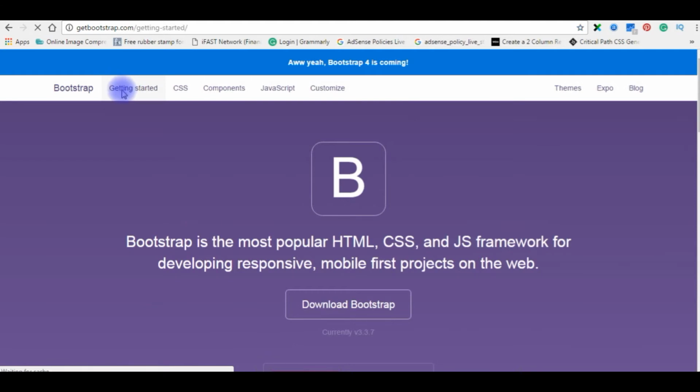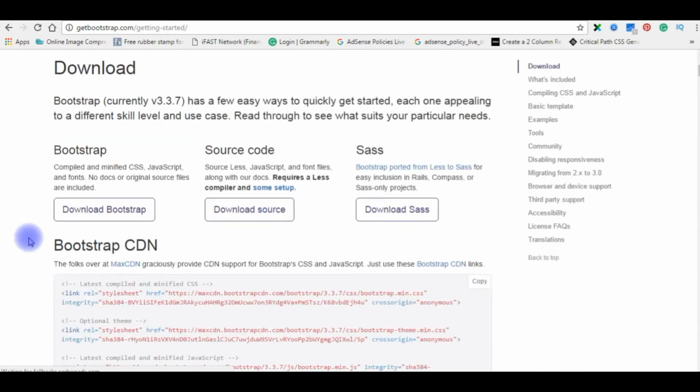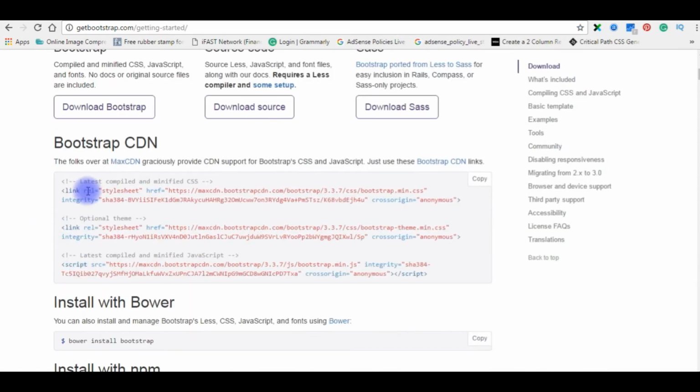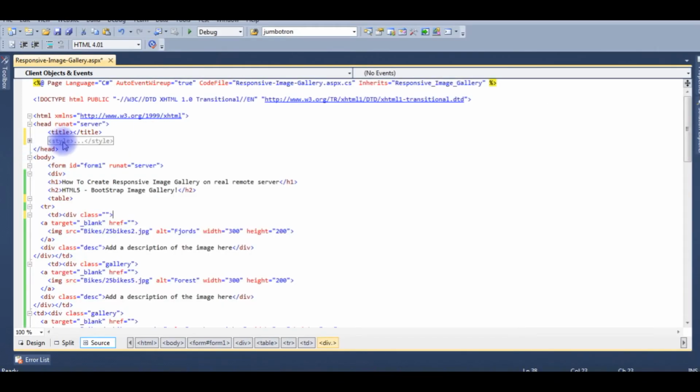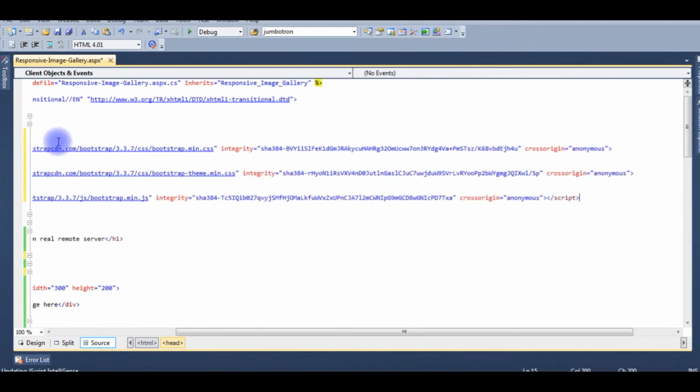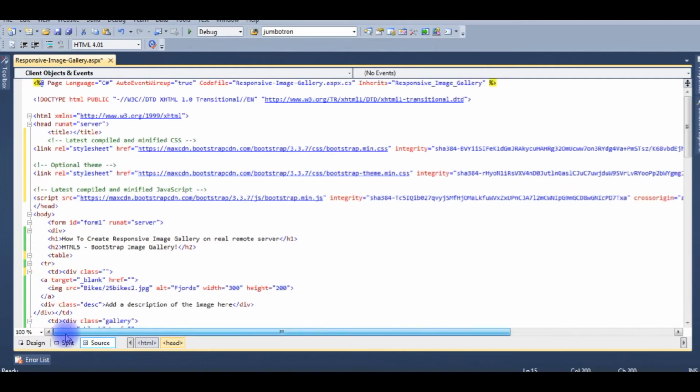Getting started. Here are the CDN links of the Bootstrap. Copy these 3 links, copy it, come to my source code and paste those CDN files between the header tags.